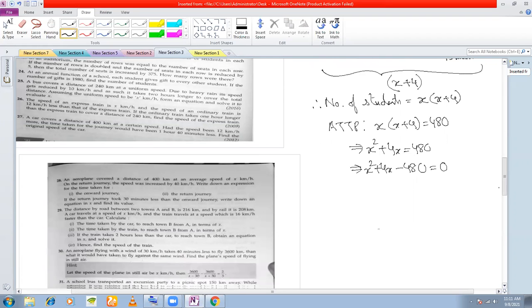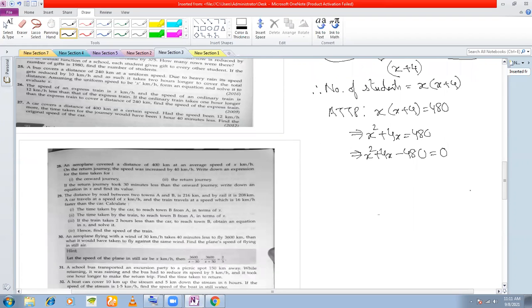Now you can attempt to factorize this quadratic, or if you are unable to factorize it, which seems a little difficult, you can always use Sridharacharya. Let's use Sridharacharya: minus b plus or minus root of b square minus 4ac, divided by 2 into 1,